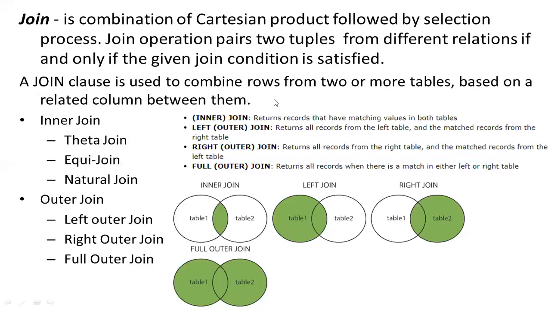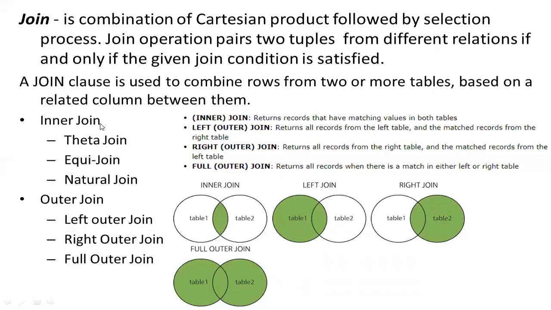Obviously, in a real-time application, you'll be combining many tables. You cannot have a database from a single table. You'll be creating many tables, and whenever you do certain query processing, your SQL query will be combining many tables based on your requirement. We are going to discuss that in the next slides. Before that, we will try to understand what types of joins are available.